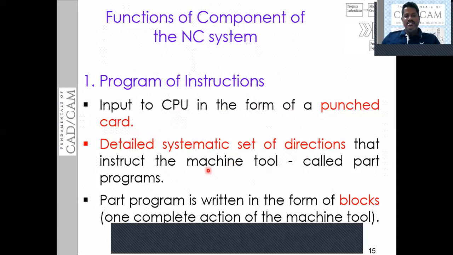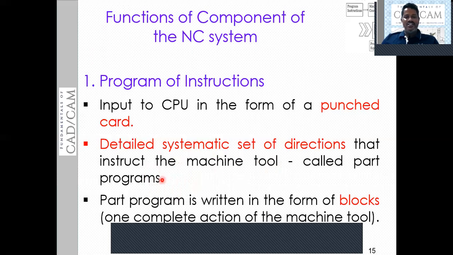The detailed systematic set of directions which are going to instruct the machine tool is called the part program. The program of instructions, in turn, we can call a part program. The instructions are composed with alphanumerical values as well as symbols. Using these alphanumerical values and symbols, the program will be coded, or blocks of statements are coded, or the instructions are framed.